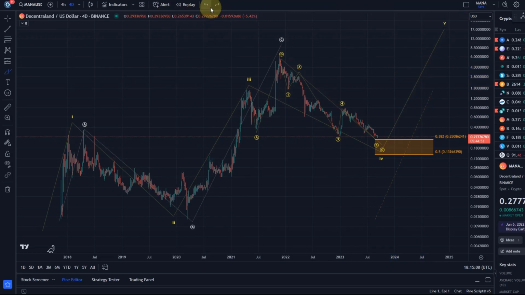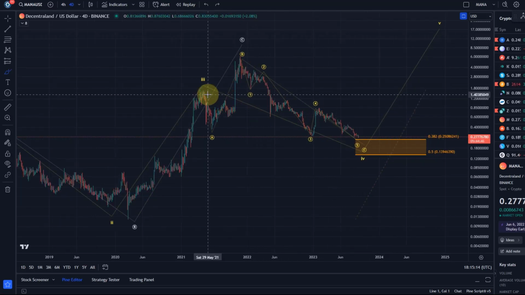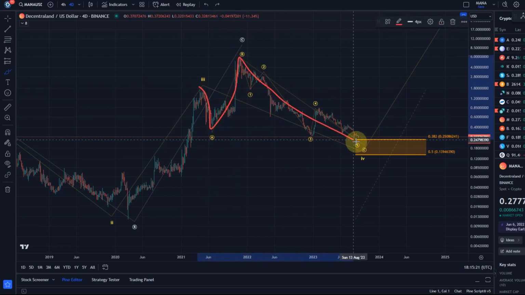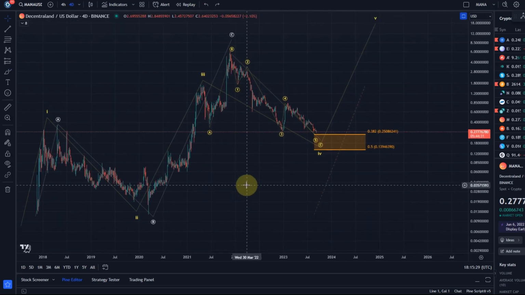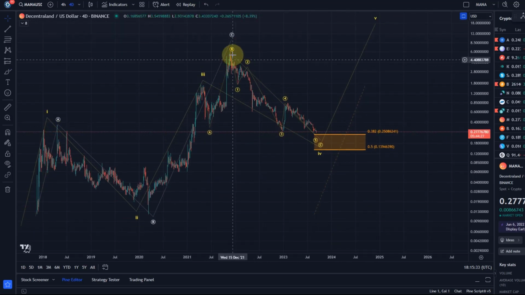So we're coming to support, and it's coming down in 5 waves, which is not great, but understandable if we understand, looking at the bigger picture, that this was an A wave, this is a B wave, and this is a C wave. Bear in mind, this is the bullish interpretation. There is also a bearish interpretation. The bearish interpretation will become primary scenario because we have an ABC structure, right? Only 3 waves up so far.